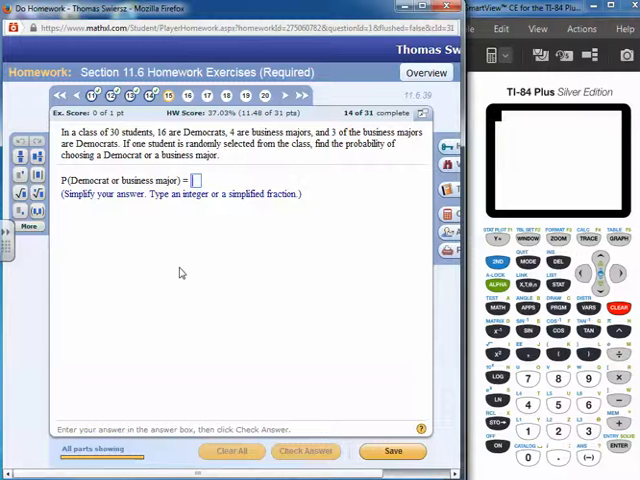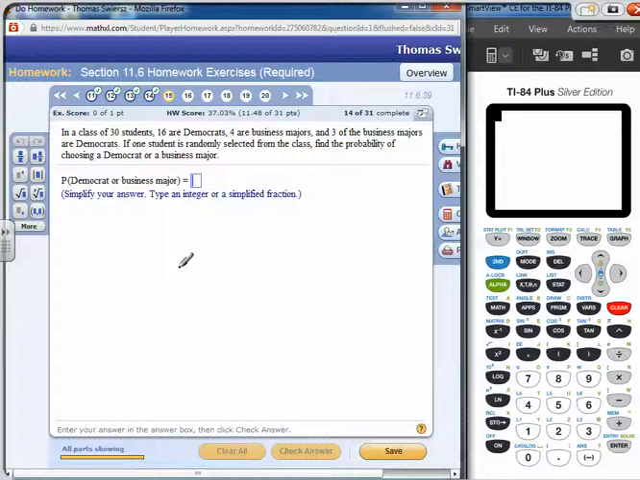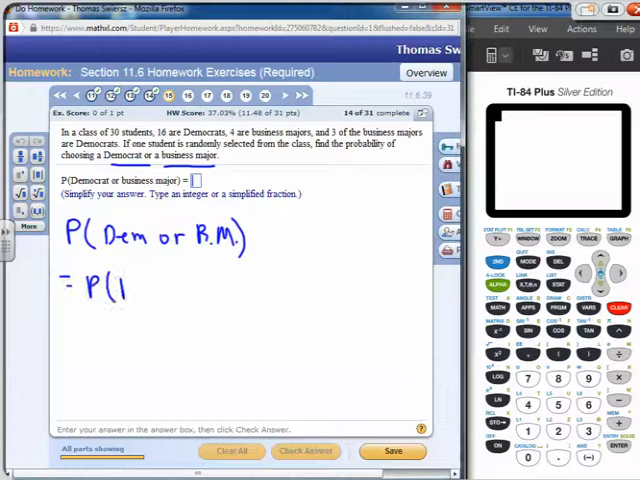Okay, homework exercise number 15. In a class of 30 students, 16 are Democrats, 4 are business majors, and 3 of the business majors are Democrats. If one student is randomly selected, find the probability of a Democrat or business major. So the probability of a Democrat or business major is going to be the probability of a Democrat plus the probability of a business major. But then we've got to subtract the overlap, which are the ones that are Democrats and